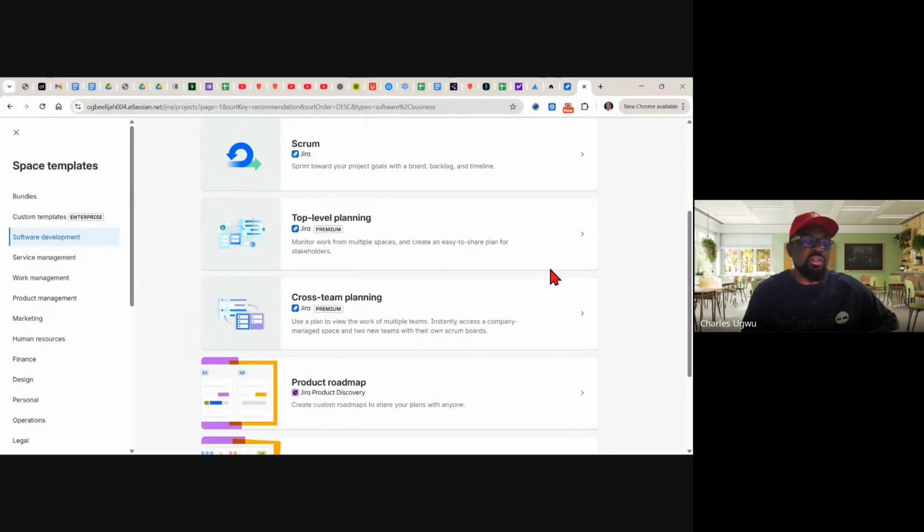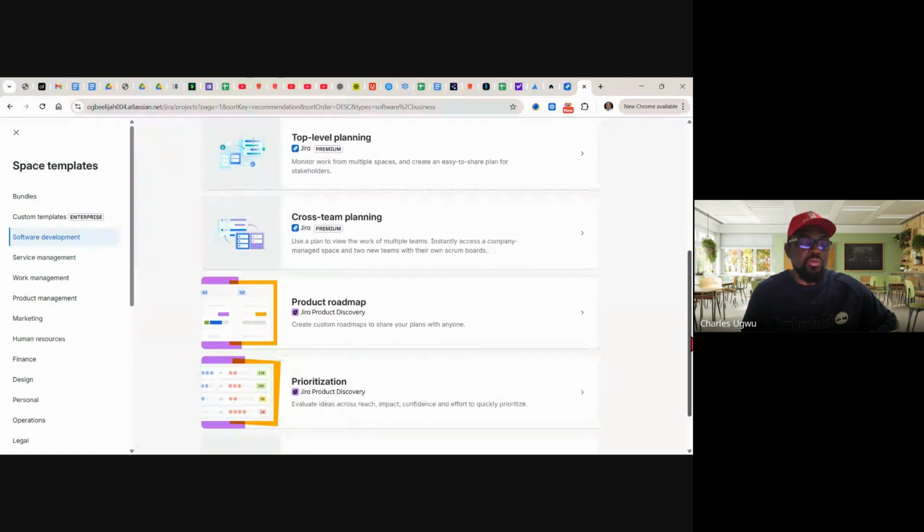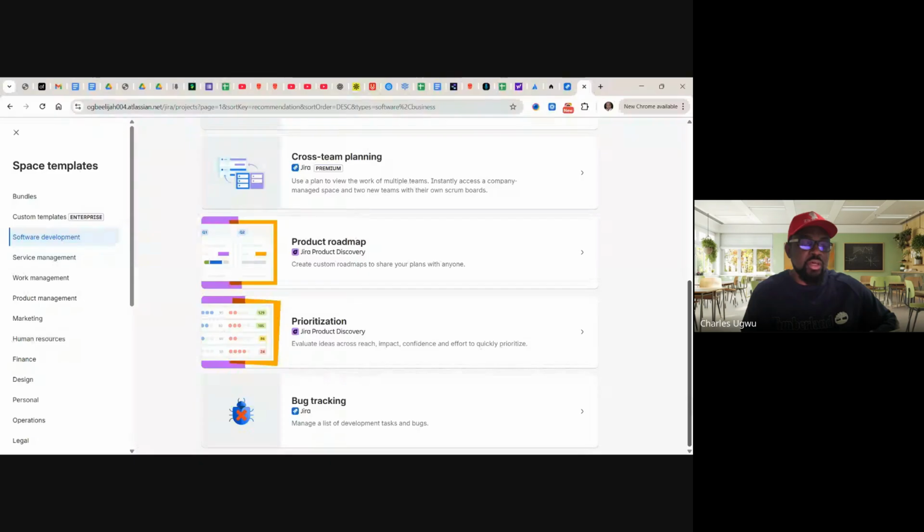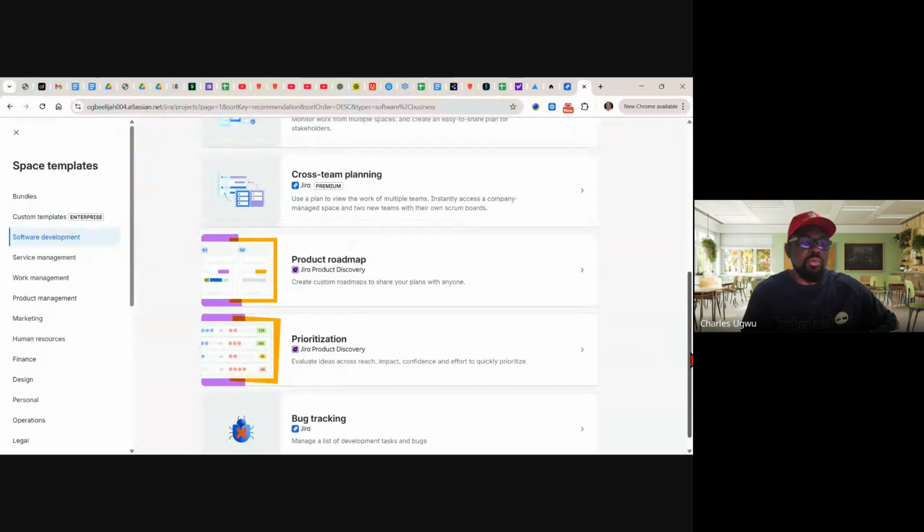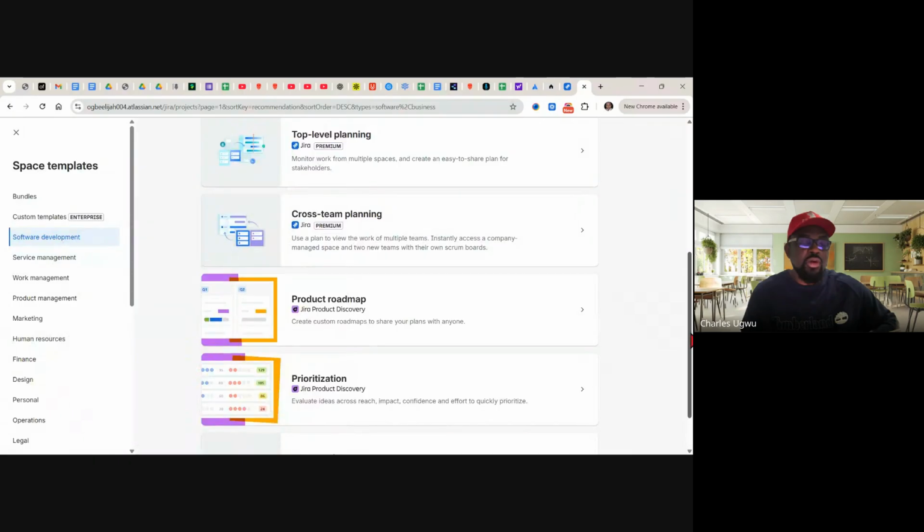So how these are different environments or frameworks you can use depending on the kind of products or projects you are working on.